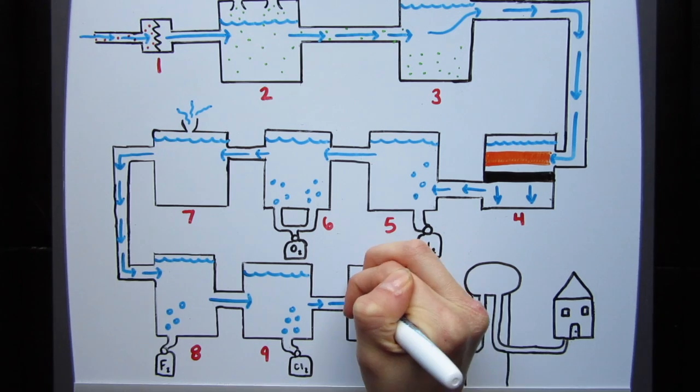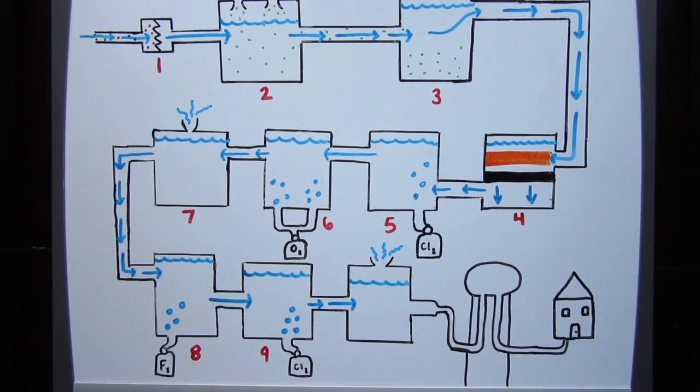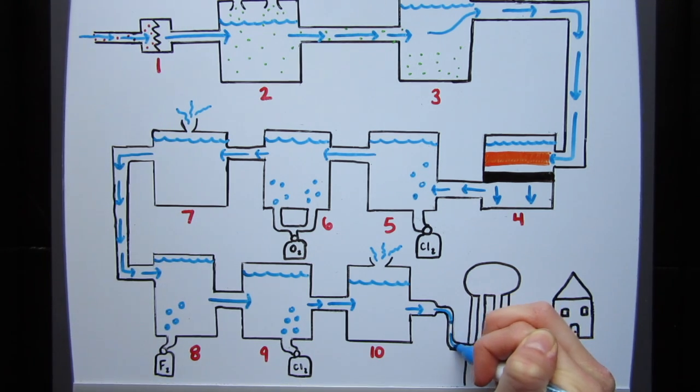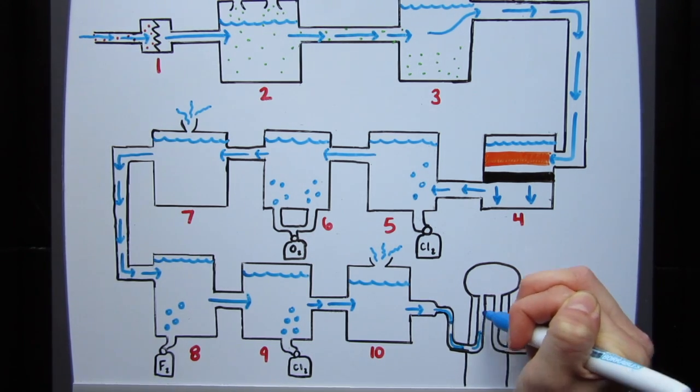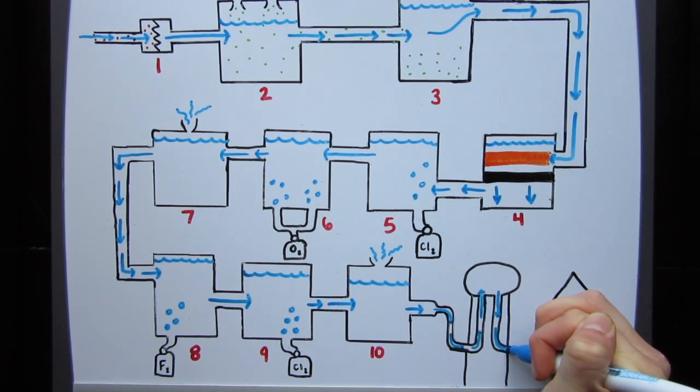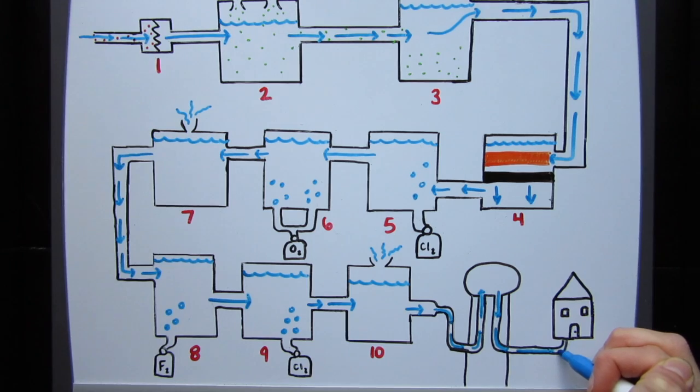10. Ammonia is added to stabilize the chlorine. This helps it stay dissolved in the water for longer. 11. The final step once the water is disinfected is for it to be pumped to a storage container, like a water tank. The water is then able to be pumped to homes and buildings, as it is clean and